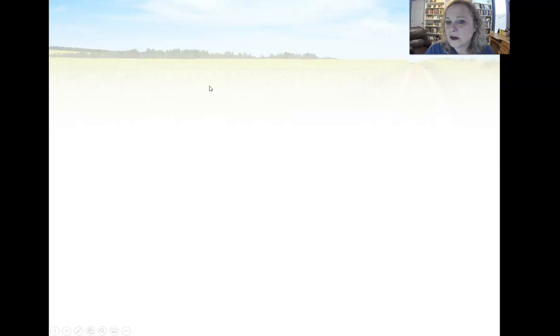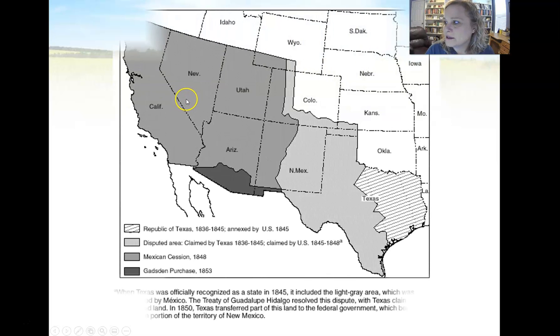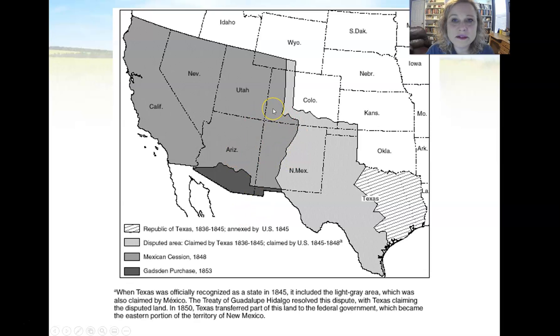Okay, and finally, we can see here the territory that was added on, Texas itself here. We do settle this with the Compromise of 1850, which we'll talk about next week. But almost immediately after 1848,